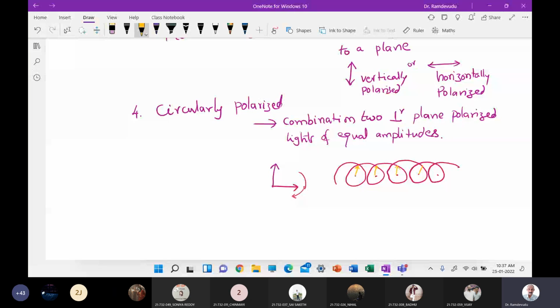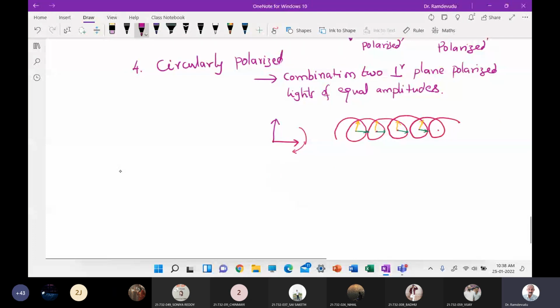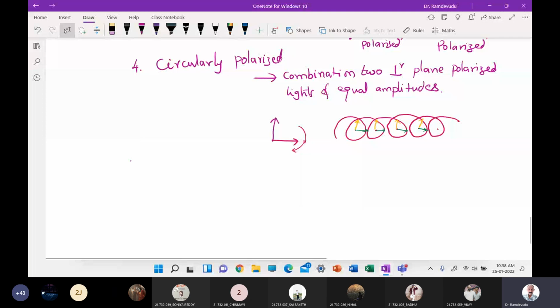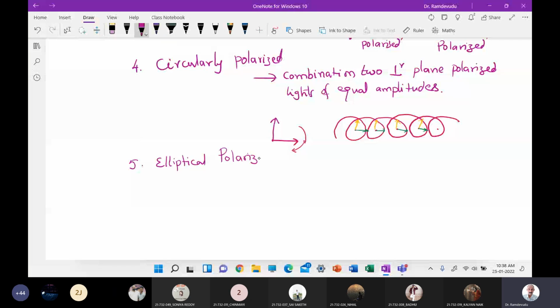This is their one. Okay, other one. So this is called circularly polarized light. And I do have another one, which is the fifth point, elliptically polarized light. So elliptically polarized light, if I take, okay, this is circularly polarized light. Elliptically polarized light is again a combination